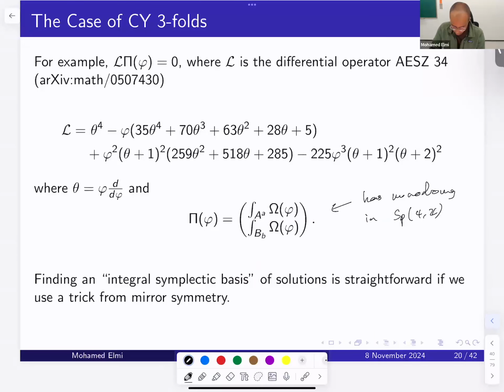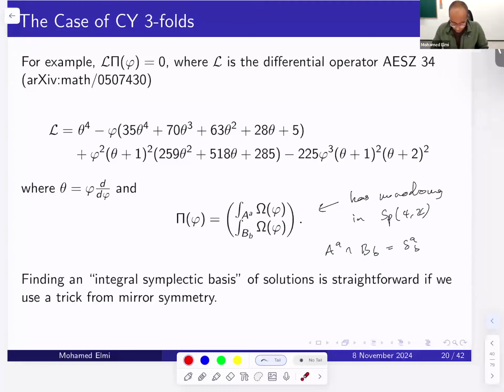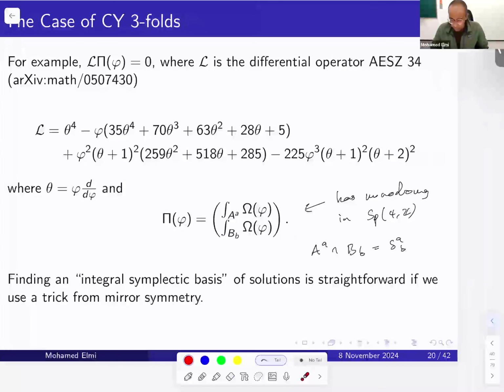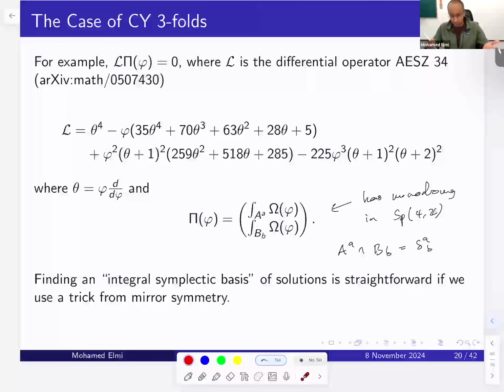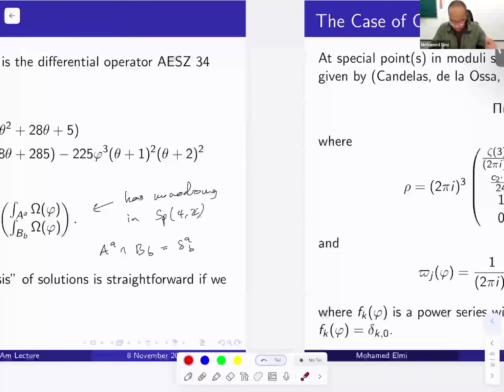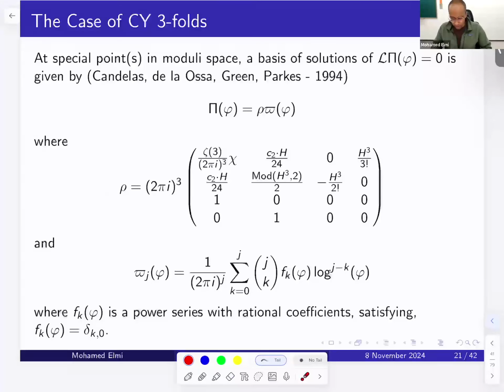This Sp(4,Z) is really just a consequence of this relation. Such a basis is only defined up to these transformations, as Albert mentioned. But you can use a trick from mirror symmetry to find a nice basis. Because we're really interested in the integral structure of our cohomology classes, it's important that we have such a basis. Fortunately, there's a trick from mirror symmetry, and this goes back to a well-known paper of Candelas,